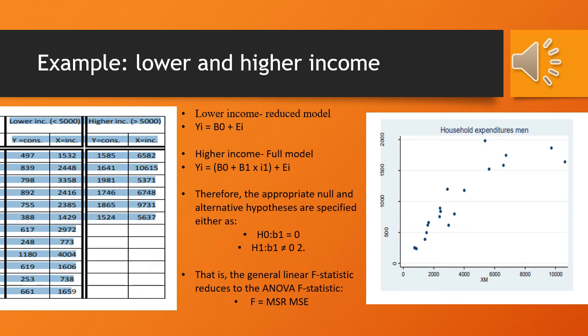Therefore, the appropriate null and alternative hypotheses are H0: B1 equals 0 and H1: B1 does not equal 0. So the general linear F statistic reduces to the ANOVA F statistic, where the formula, as said in the previous slide, is F equals